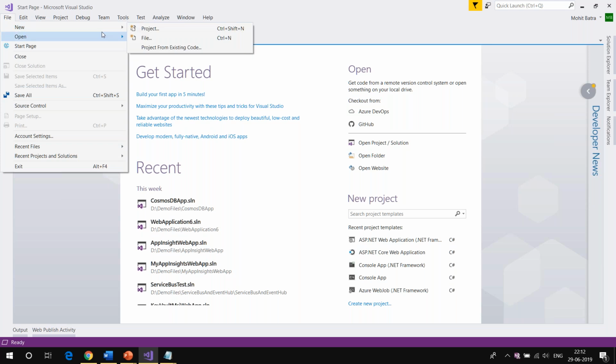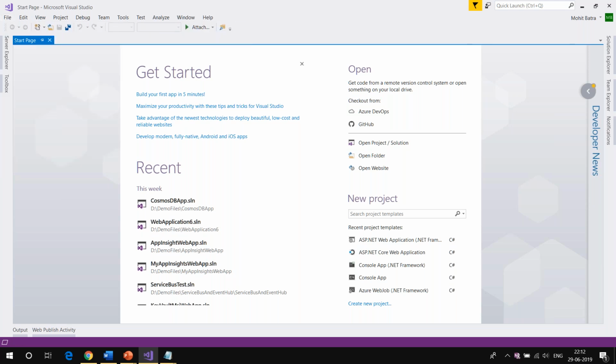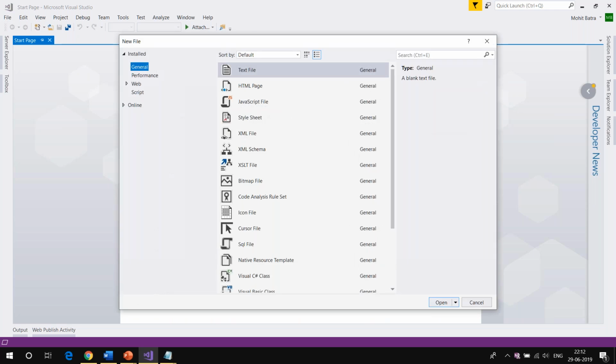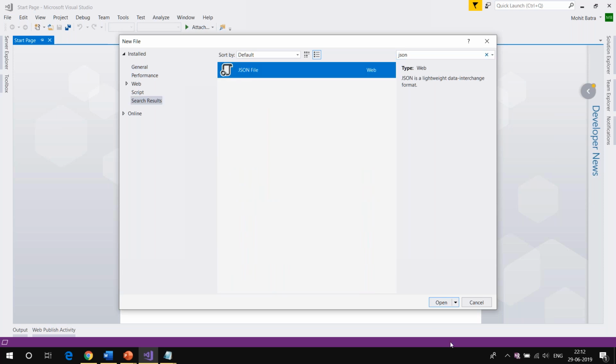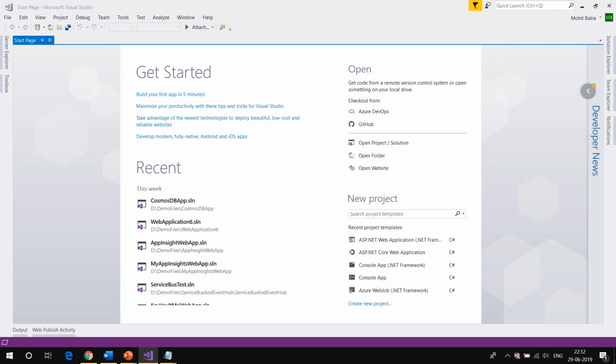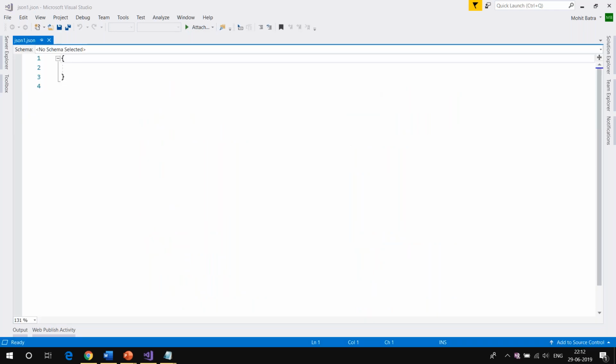Okay, you can use Notepad, you can use Visual Studio, but because Visual Studio supports IntelliSense, I'm going to use Visual Studio. But there is no restriction. You can go and create that in Notepad as well. All right, now what I'm going to do, I'm going to create a JSON file. So I'm going to search for JSON, and I'm going to say create a new JSON file, and then I'm going to start and create my first ARM template. Okay, so let me just copy a particular thing.